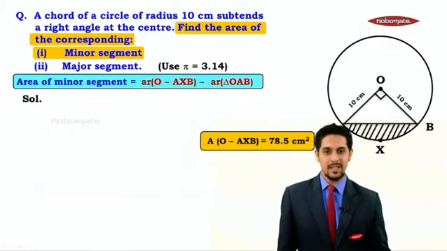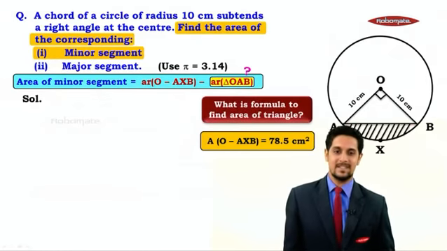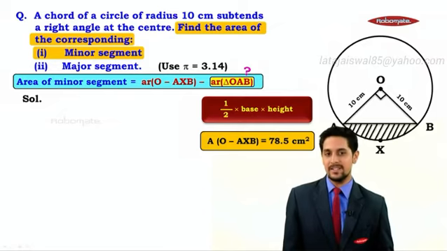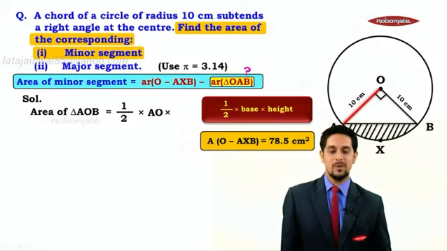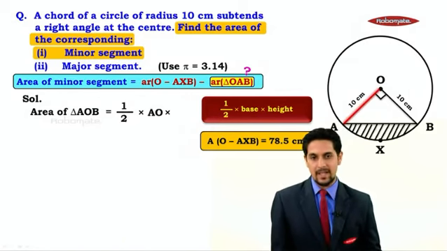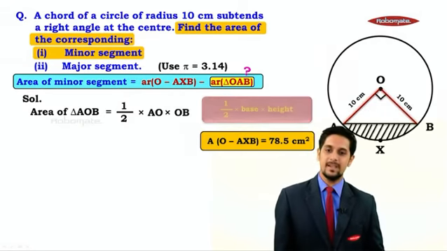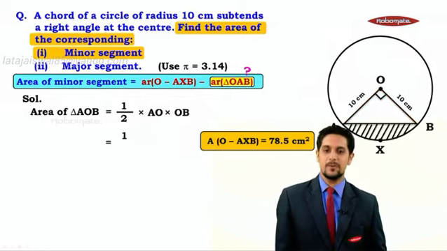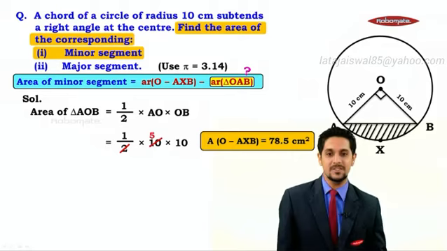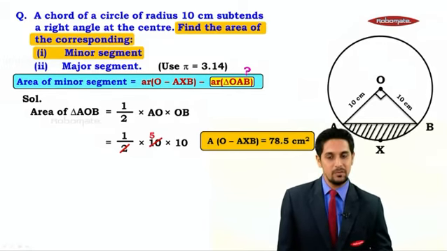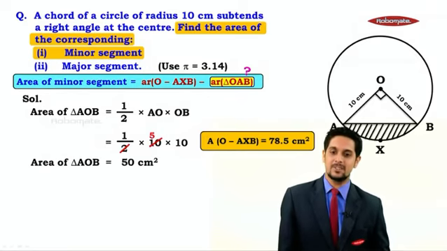Now students, we have found the area of sector. Let us concentrate on finding the area of triangle. And tell me the formula. Yes, it is half into base into height. So we have area of the triangle AOB is equal to half into the base, which is OA, into its corresponding height, which is OB. Further, area of the triangle is equal to half into the values of OA and OB, which are 10 each. Further, 2 into 1 is 2 and 2 into 5 is 10. This is equal to 50 centimeter square.